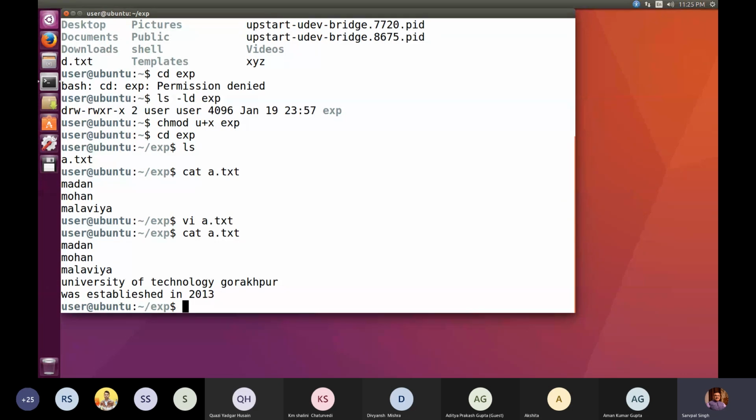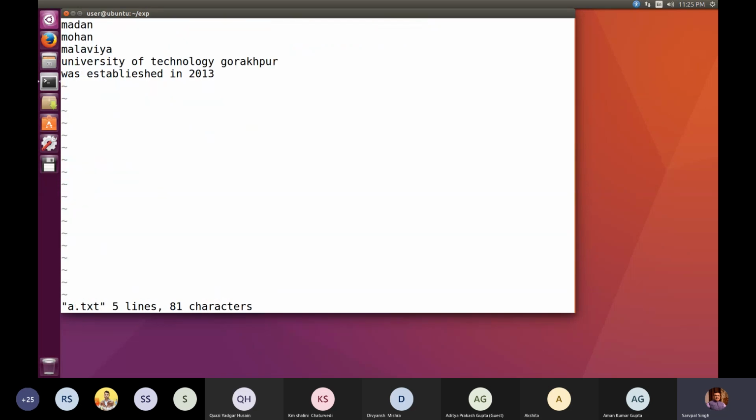Let me show you one example. If I am typing vi and opening this file once again, suppose my intention is to type Malviya in capital. What I can do is press escape to make sure that I have come to command mode. Then I press CW, change word. Look at the difference: just at the end I have got this dollar sign. So the last character was removed. Now I turned on caps lock and typed Malviya in capital.